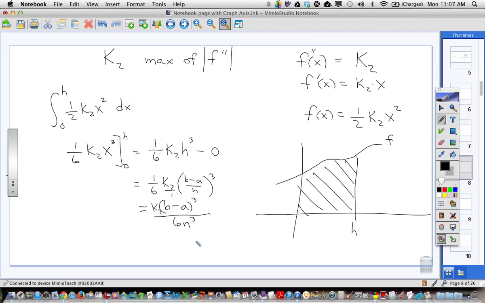Now, let's do a midpoint. That would be easier. So what would be a midpoint for this one width? What would be one midpoint rectangle? It'd be halfway plugged into that function, right? So what's halfway? H over 2 plugged into this function. So one midpoint rectangle would be h over 2 plugged into this function. So it'd be 1/2